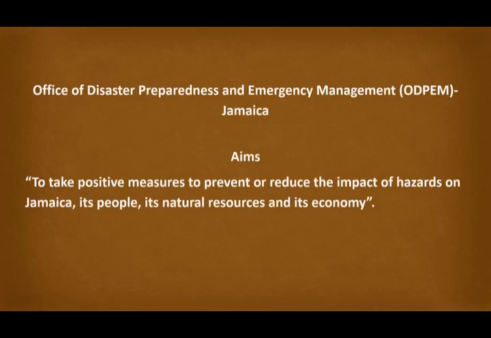Last and final, we're looking at the ODPEM, the Office of Disaster Preparedness and Emergency Management, and this one is the Jamaican agency. Remember I told you not to mix up ODPM, which is in Trinidad, with the ODPEM, which is in Jamaica.